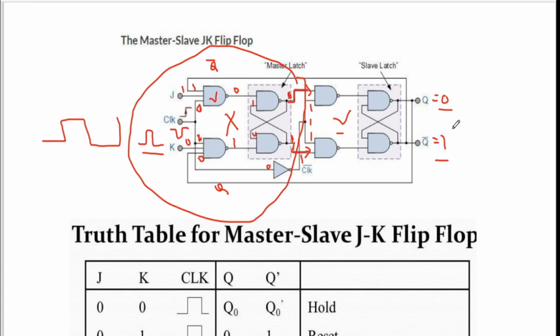So it may be 0 1 or 1 0. Once again, when the clock pulse changes from low to high, the master will be active and the slave becomes inactive, and the master will perform the necessary operation. On the next clock pulse, when the outputs are available on the other end of the NAND gate, the slave will be active and will copy the output that is available from the master.